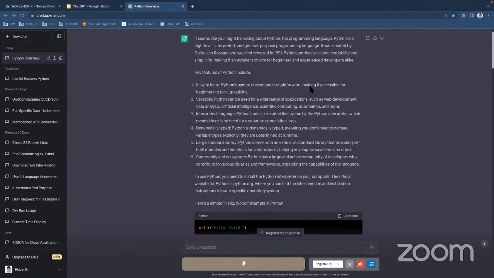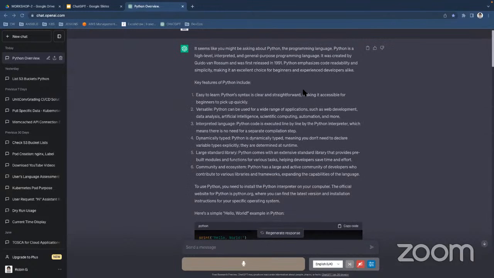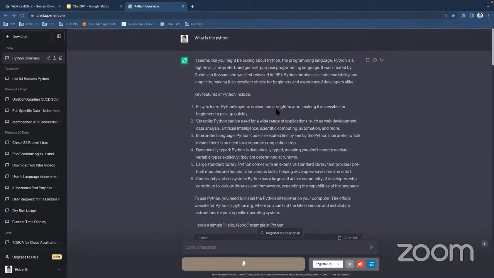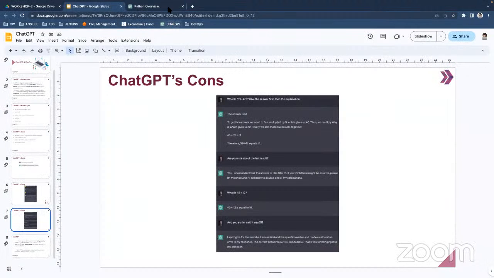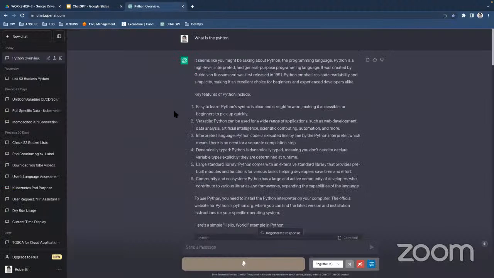ChatGPT is going to help us to make our application work as well. Okay, so to wrap up, we may just take a look at the ChatGPT user interface as well.